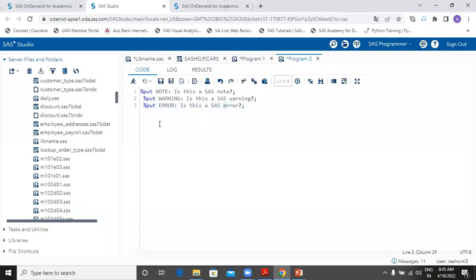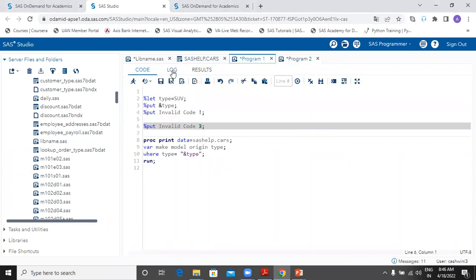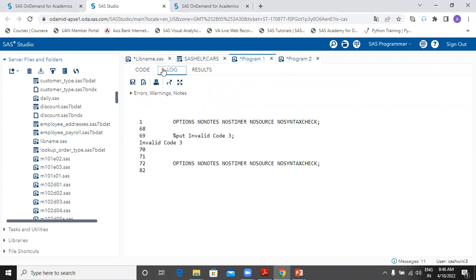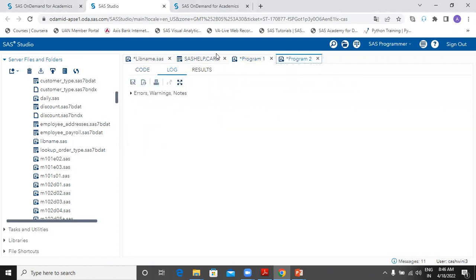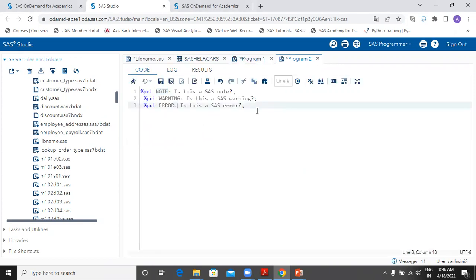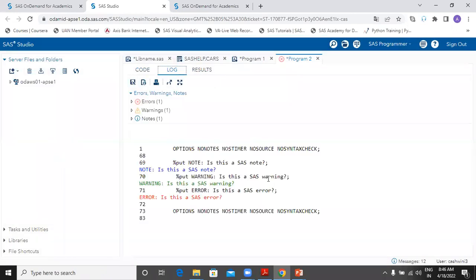In one of your exercises you have this %put statement with the words NOTE colon, WARNING colon, ERROR colon. Now what are these? If you have observed your log carefully earlier in one of your programs, we were getting these keywords, correct? Note, warning, errors. When we are submitting this %put along with NOTE, WARNING, ERROR and a colon,